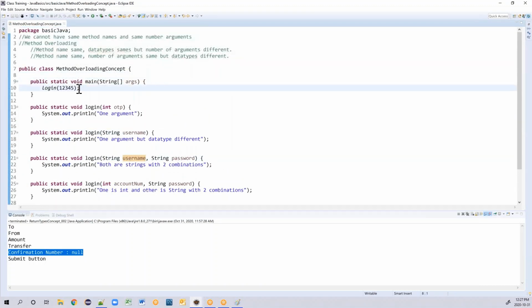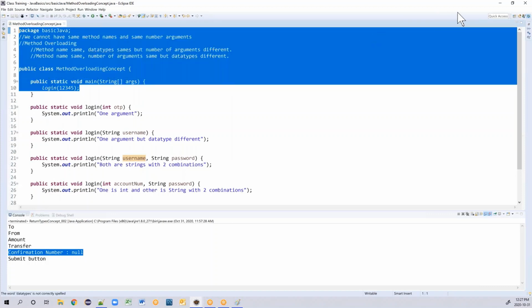Questions on this: where do you use it except login? This is a very common example they give whenever I ask somebody in an interview. I also take a lot of interviews in my real life. Whenever I ask where you have used the method overloading concept, they say simple login, that's it. You ask me 100 questions, I'll give you the example of login only, because login is very simple to tell in an interview. But where you have used it in your project is the most challenging part that people do not know.